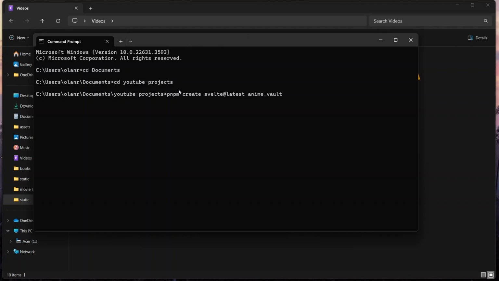Now, if you do not have pnpm, you can use any package manager that you have, which is bun or npm. But I'm going to be using pnpm because that's what I use, and I think it's really fast. So now we're going to go ahead and run this by clicking enter. That's going to take some time to complete, but once it's complete,